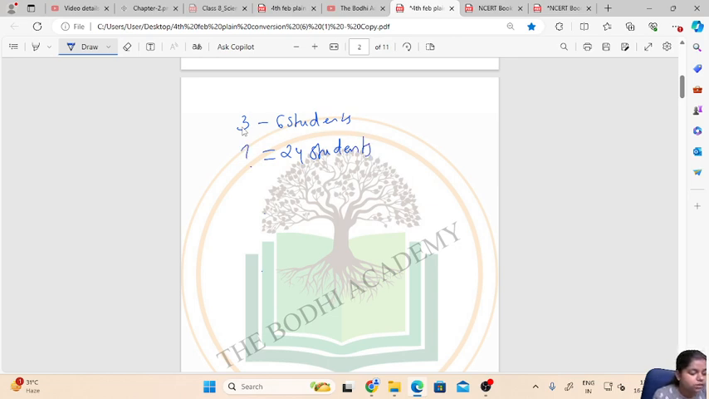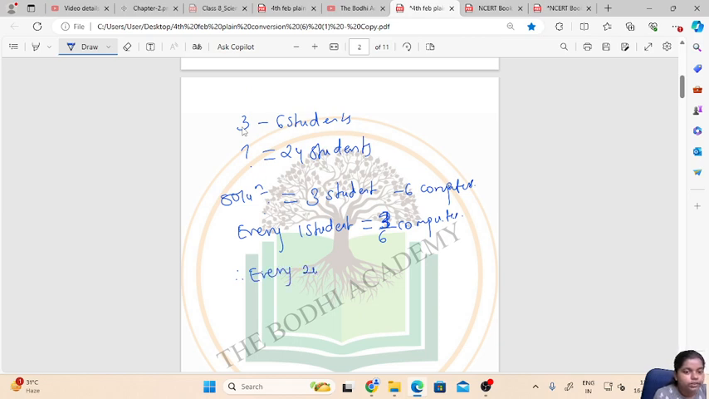So how can we find out? Solution: we know that 3 computers are required for 6 students. So every one student will need how much? Every one student will need 1/6 computer, correct? Not 1/6, it is 3/6 computer. So therefore 24 students need